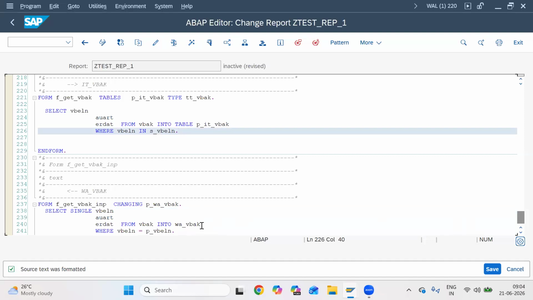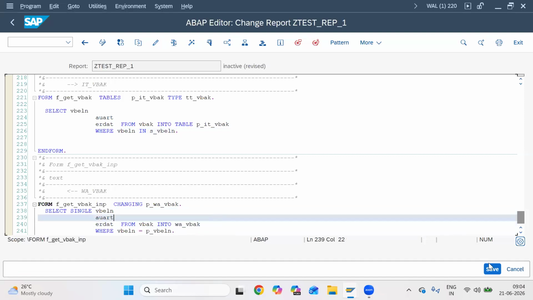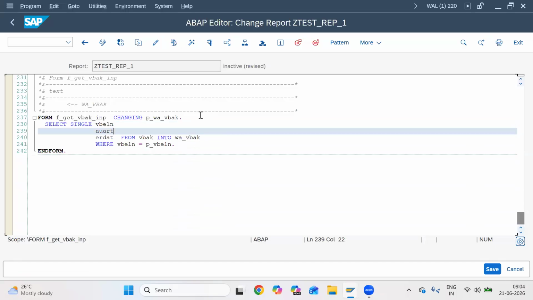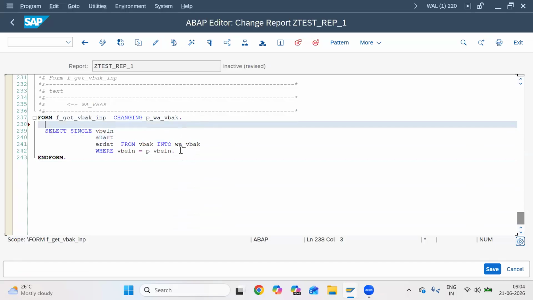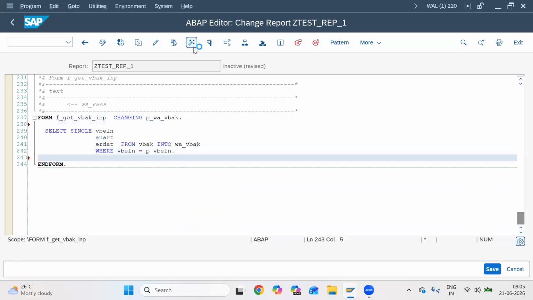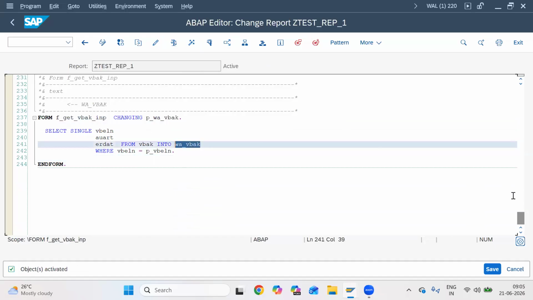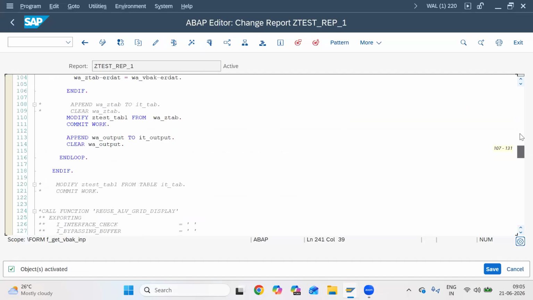So remember, I'll show you one thing. We will get one error. This is a global declaration, right? So we didn't get the error, but it's okay. So what I will do,